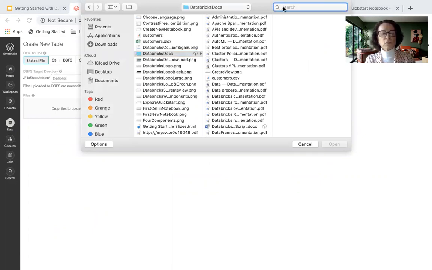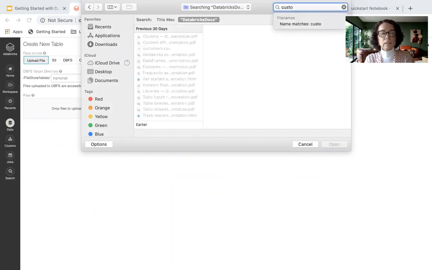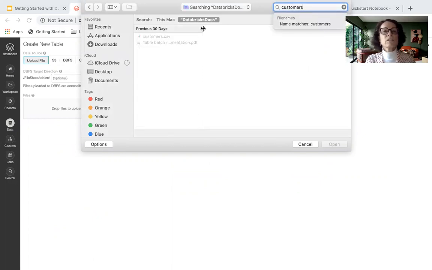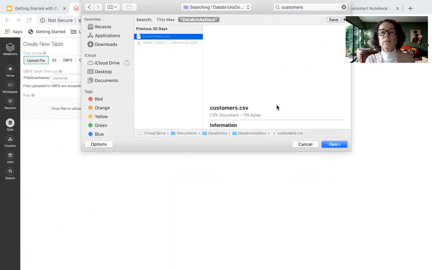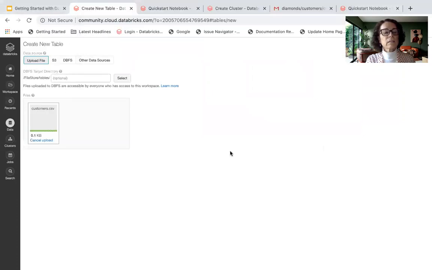And searching for the customer's CSV file. We'll open that. It uploads. And notice that it's saved to File, Store, Tables, Customers. I've done this a few times, so it says 8, but you won't have the 8 there. So once you upload that,